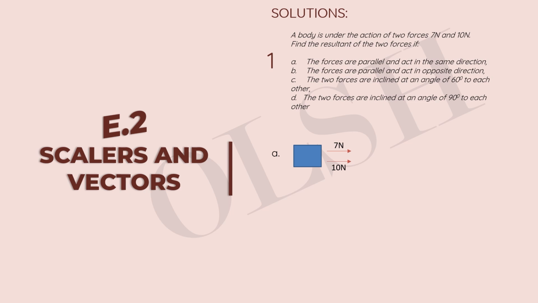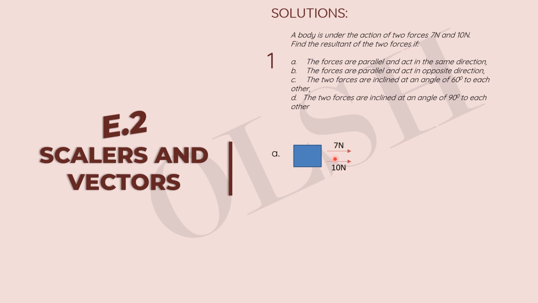If the figure here represents these forces, okay, this figure represents the body that is under the influence of these forces, okay, 7 newtons and 10 newtons, and they are both acting in the same direction